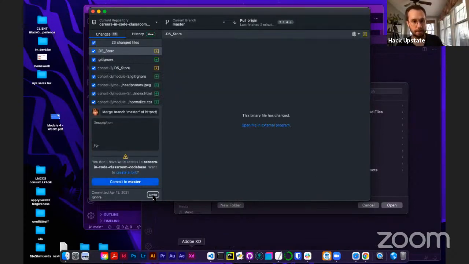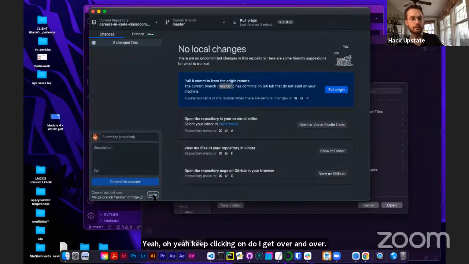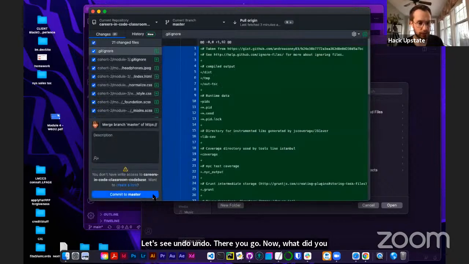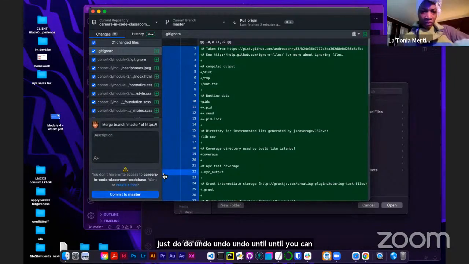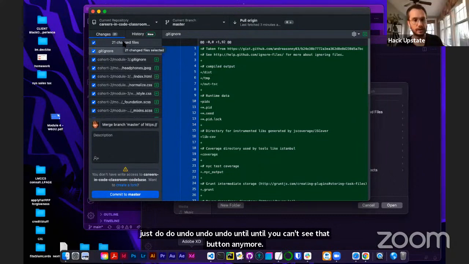Go back to changed files. Yeah, keep clicking undo over and over. Undo, undo, there you go. Do undo, undo, undo until you can't see that button anymore. There you go, it's gone. Okay, so now control click on the 21 changed files, discard all,